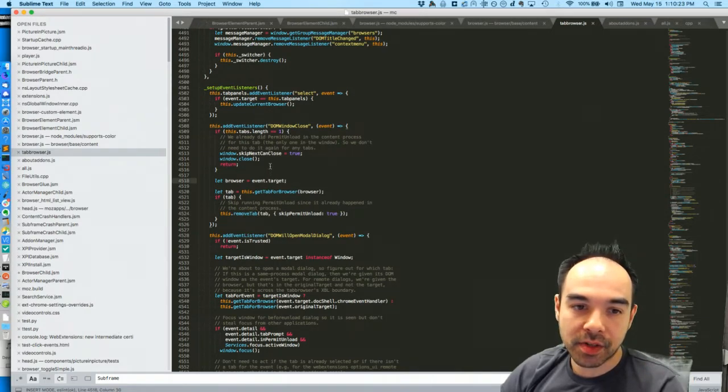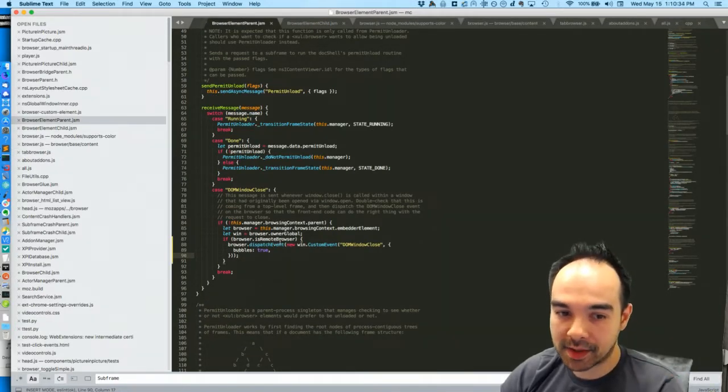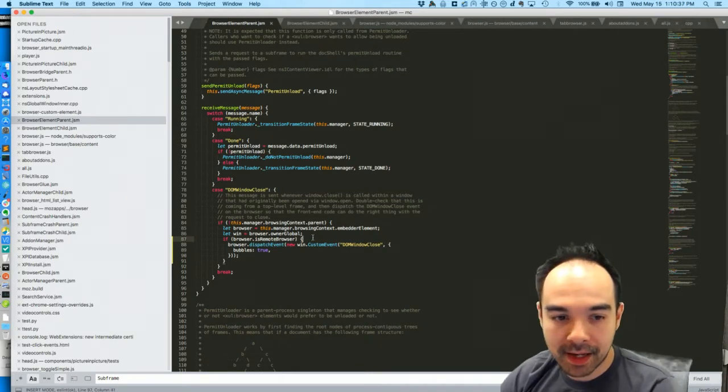And that's great. This works for both E10S and non-E10S now, because the browser element parent is dispatching the event that the non-E10S mode expects. Now the difference I made is that